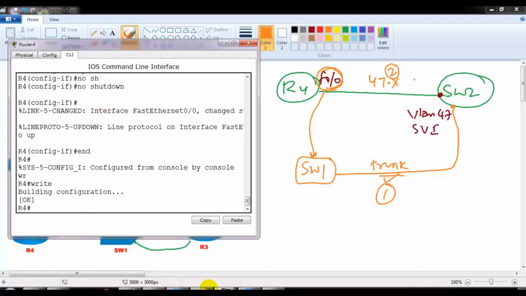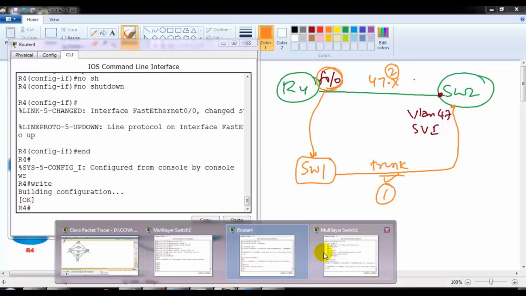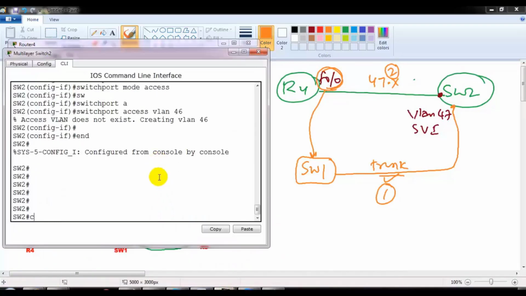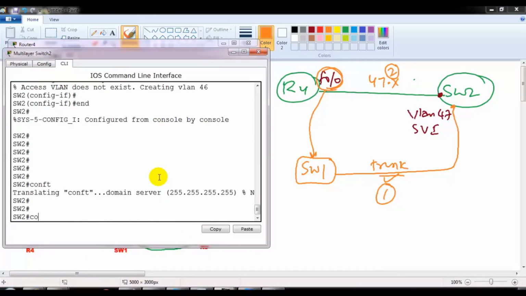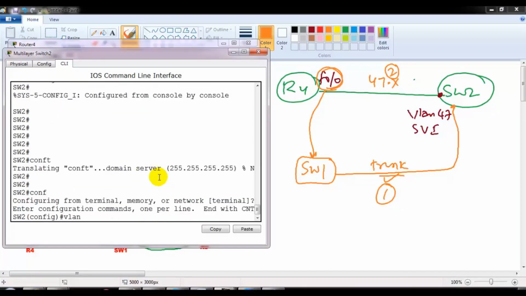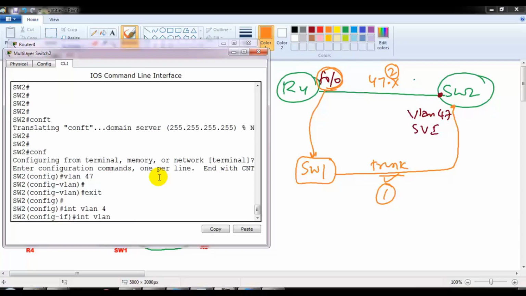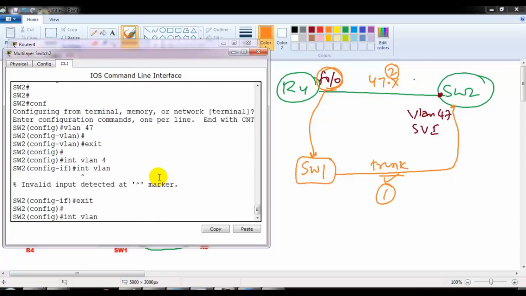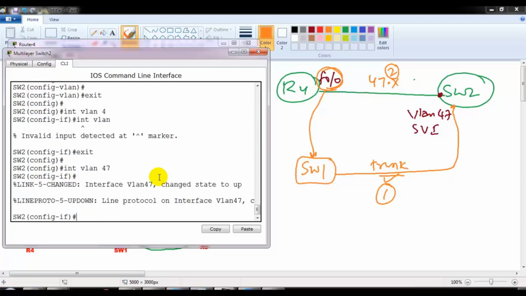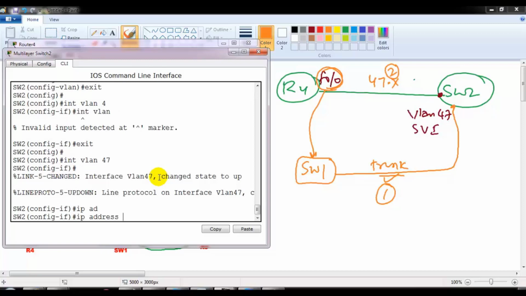On switch 2, I need to create an SVI. Before you create SVIs, make sure that the VLAN is already created on the switch, because in a production network we generally have VTP, which automatically syncs the VLAN information, but here we are not mixing all those things in. So first create the VLAN and then assign the IP address to that VLAN, because if the VLAN is not created and you try to assign the IP address to it, you may see the interface go down, that SVI will be down. So that's something we need to remember.